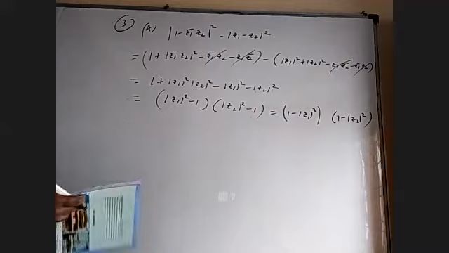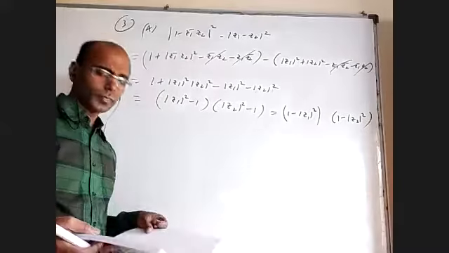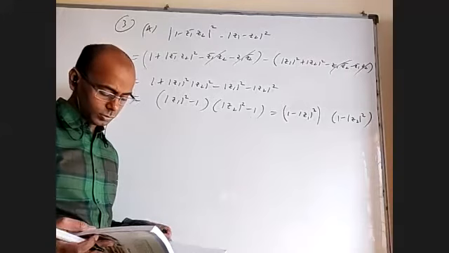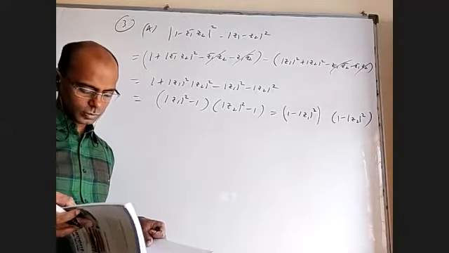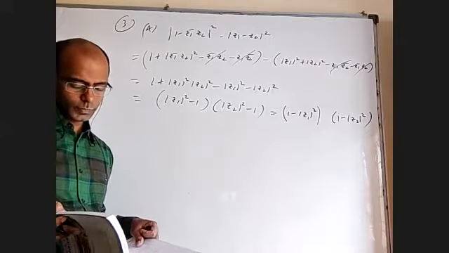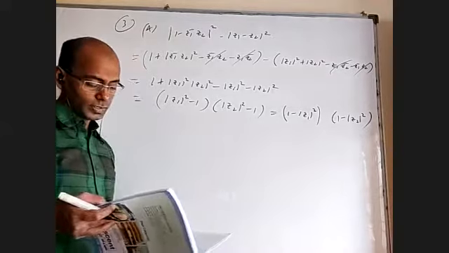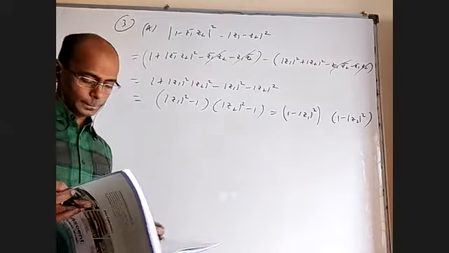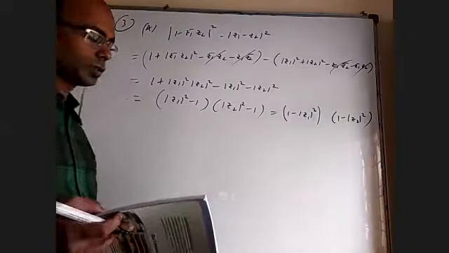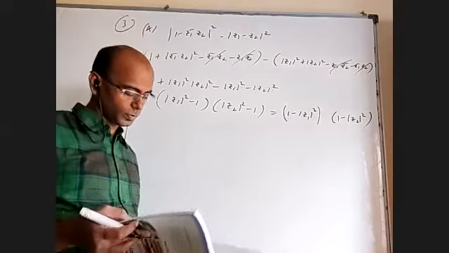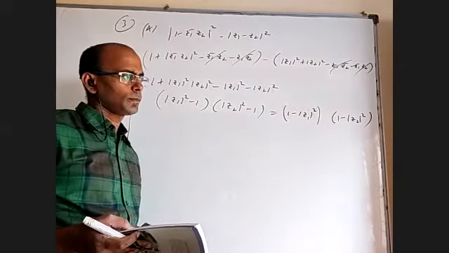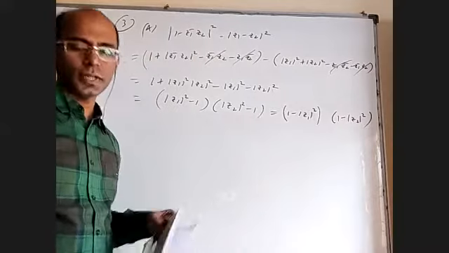Okay, option B is obviously not right, because A plus B here in the RHS should be different. Z1 Z2 conjugate plus Z2 Z1 conjugate is not this. It will come that only when both are in the same direction. No, both are perpendicular. Sorry, when they are perpendicular, the resultant is A square plus B square plus 2AB. Right? No, they're in the same direction.